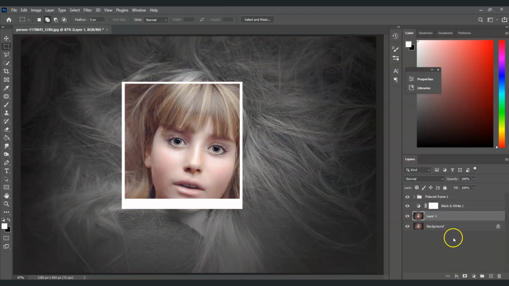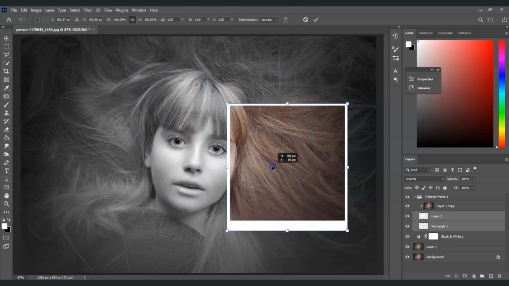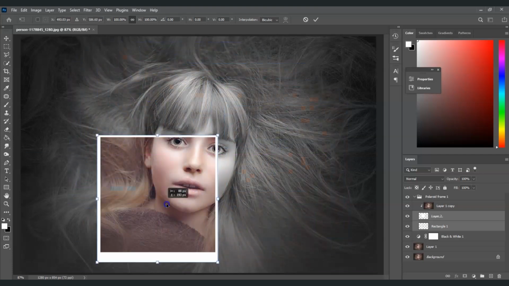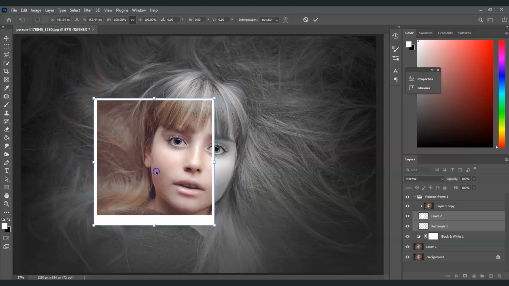Okay, so now the next step we're gonna do here is we're going to open up this Polaroid frame layer. Click this one. All right, there you go. So look what will happen here. So if I'm going to select on this rectangle layer here and then press Control and then also click on this layer on top. Okay, these two layers, and then press V, or you can also use transformation command. Press Ctrl+T. I can move it anywhere I want. Okay, so it's something like this. All right. So I showed you this because this is the next thing that we're gonna do,